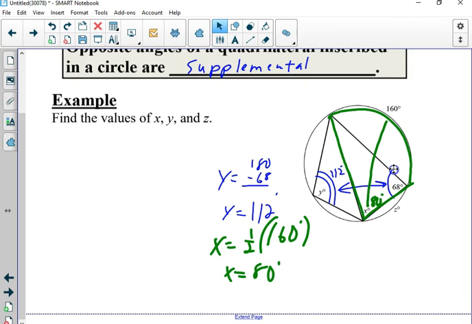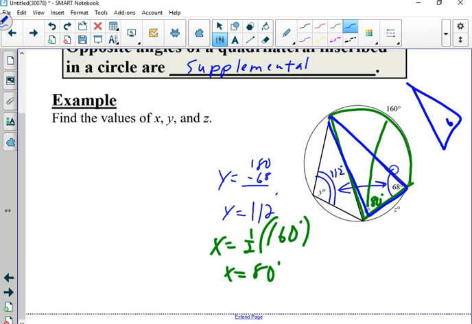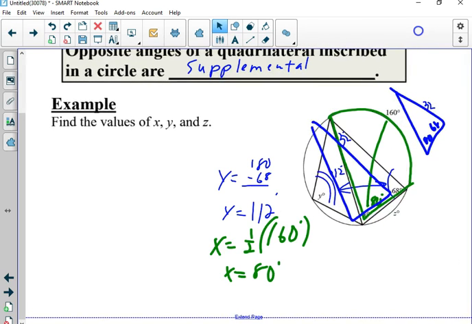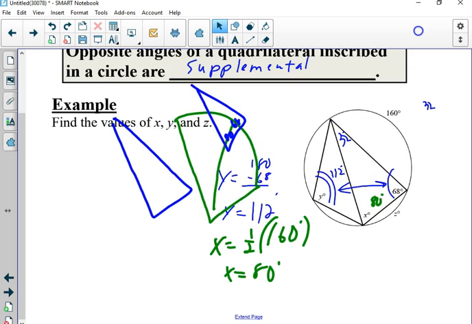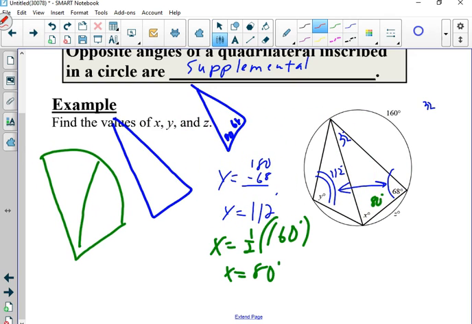Now, if you look here, what we have is a triangle with 68 here and 80 here. Okay? We're going to use the idea that 180 degrees are in a triangle, which leaves 32 up here. 32 degrees. Now, again, we have a lot of color here, so get rid of some of this. That's not what I wanted to do. Alright? So, we now know 32 degrees is this angle right here, leading to this arc, which is z. So z is going to be 2 times